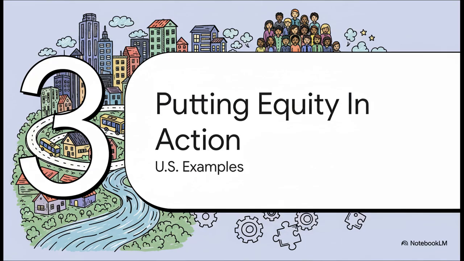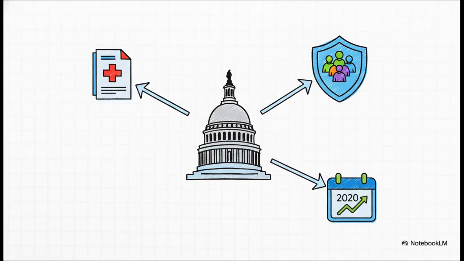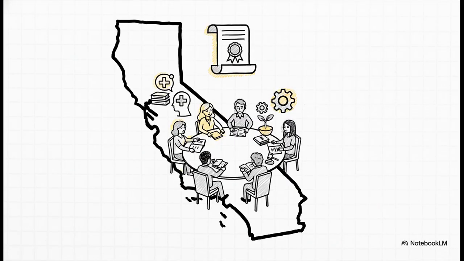This all sounds great, right? But is anyone actually doing it? You bet. In our final section, let's look at how this playbook is being used in the real world, at the federal, state, and even local levels all across the U.S. At the very top, at the federal level, we've definitely seen this shift in thinking. The Affordable Care Act had parts specifically aimed at reducing disparities. The National Prevention Strategy pulled in departments from transportation to education. And for the first time ever, our national health goals, Healthy People 2020, specifically included a focus on the social determinants of health. And it's not just happening in D.C.